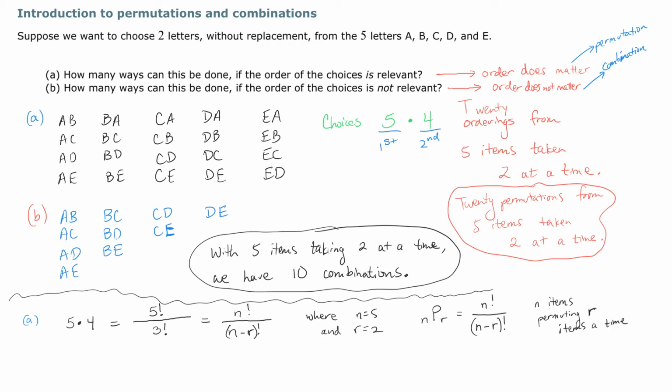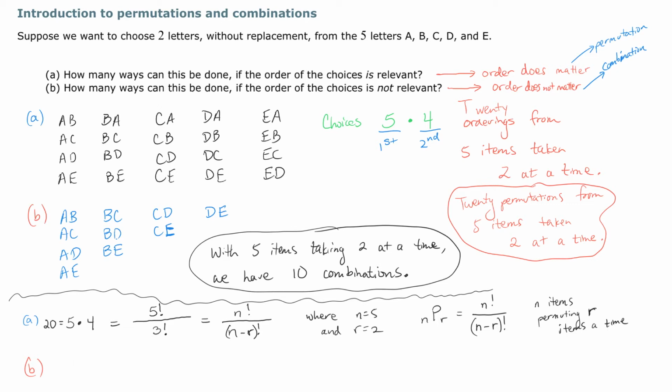So in this case, order matters. Now let's look at part B. Part B is a very similar computation. This time we get 5 times 4. We get 10, actually. I should say we get 10. The first one was 20. One way we get 20. So how can we get 10